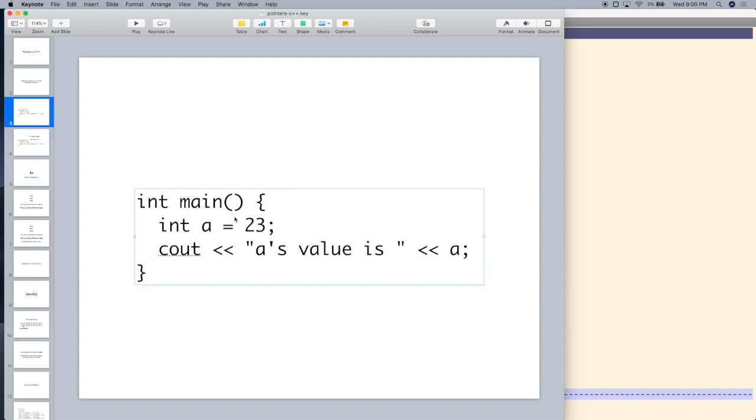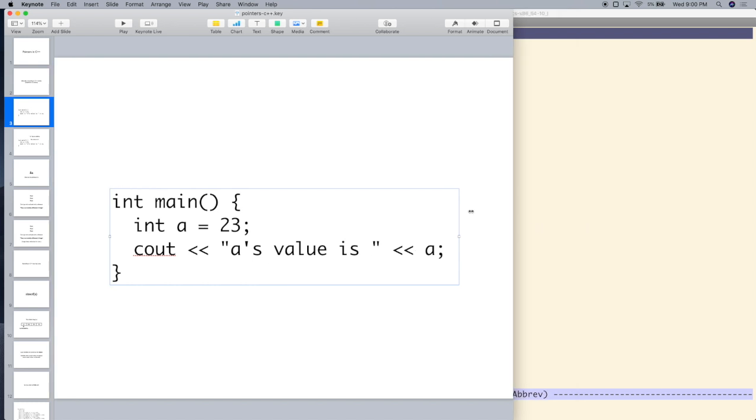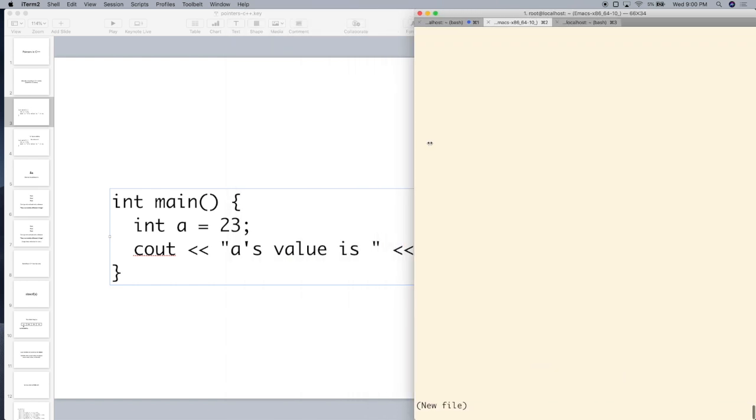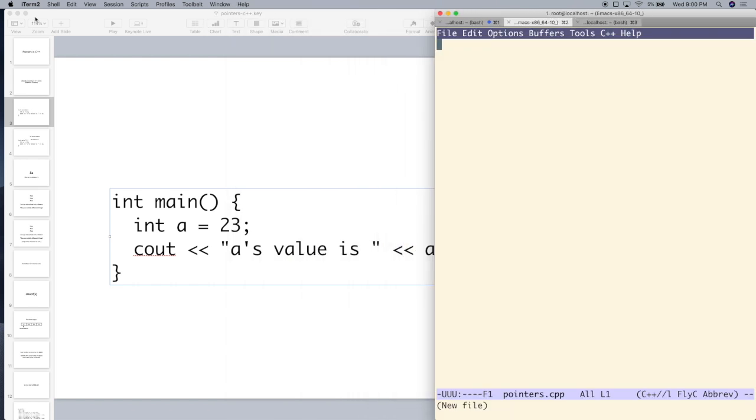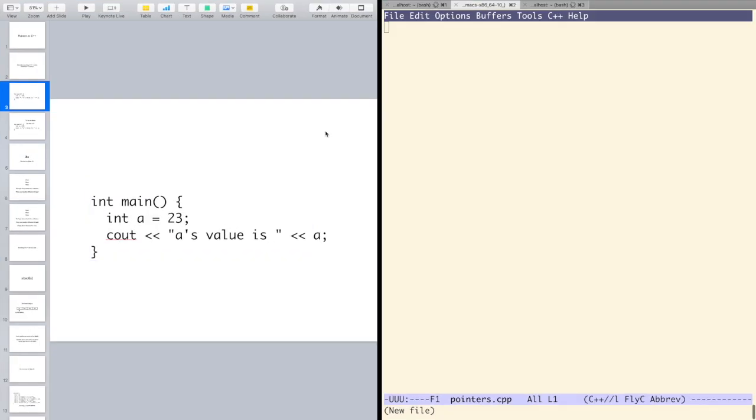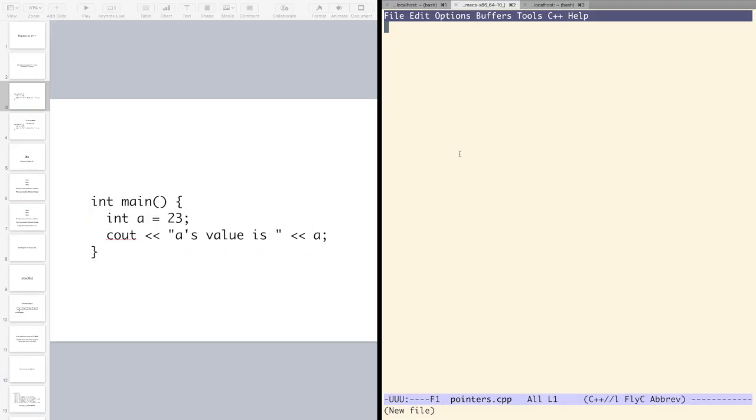So let's look at this program. We've got, for example, this variable a, and it just prints out a's value. So I'm going to take it over here and copy it into Emacs. Put these screens side by side. Now I've got to declare int main, and then of course I'm going to include IOStream,